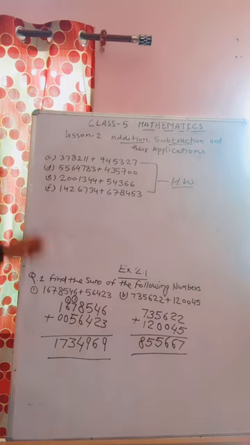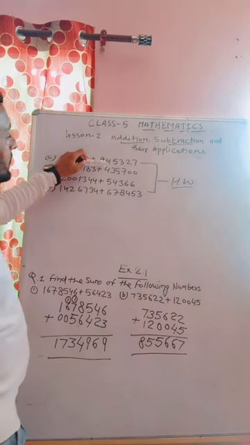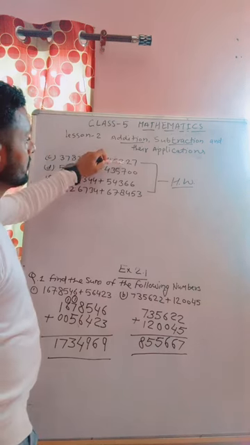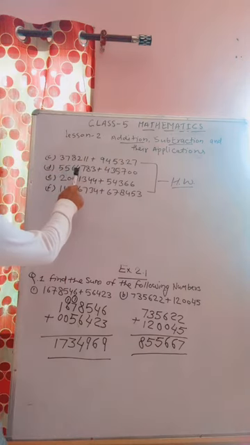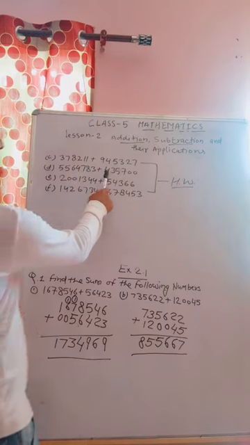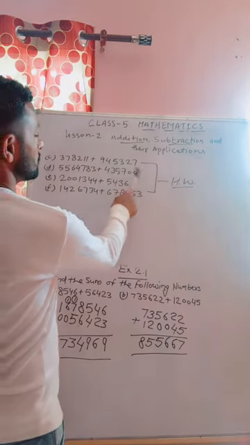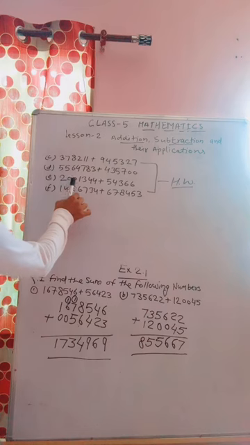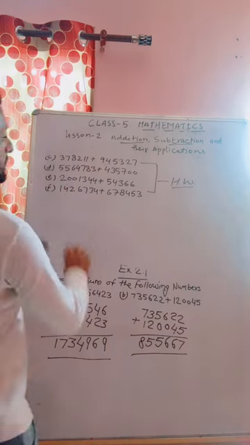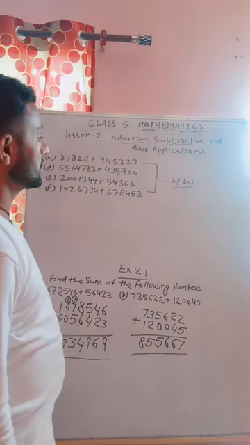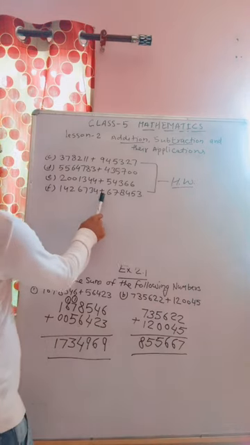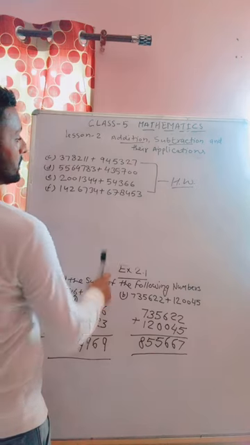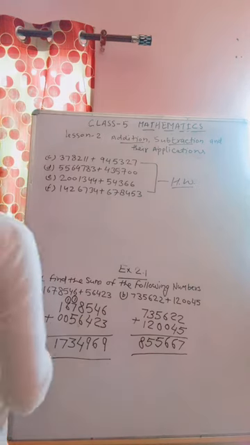Okay, you do it. The first question is 3 7 8 2 1 1 plus 9 4 5 3 2 7. D point is 5 5 6 4 7 8 3 plus 4 3 5 7 0 0. Next is 2 0 0 1 3 4 4 plus 5 4 3 6 6. And F point is 1 4 2 6 7 3 4 plus 6 7 8 4 5 3. Okay, see the second question.